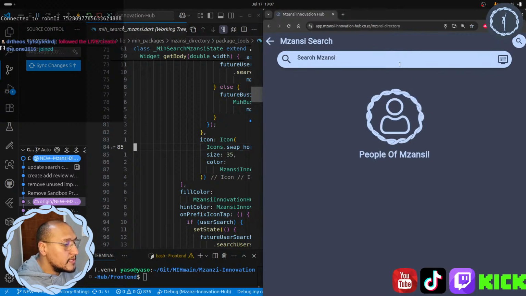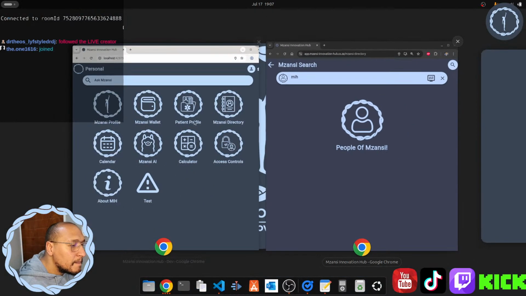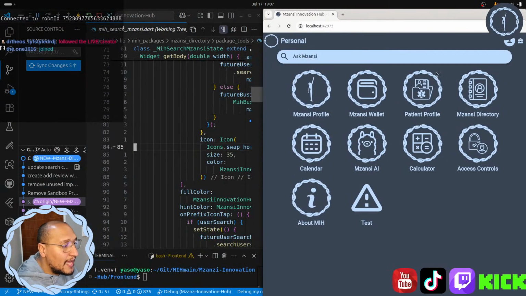If we were to click on this and then search for just one of our test businesses under the person side, that's production, or that's the live one. So I'm showing you the development environment. If I go a little bit closer, you'll see that we have localhost at the top of the screen. So this is just the development version of MIH.